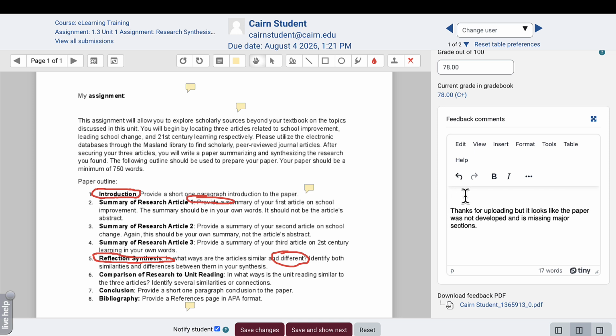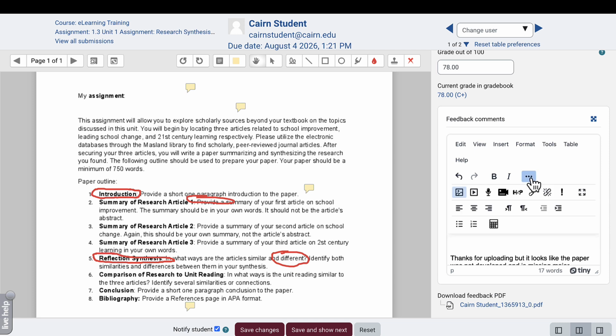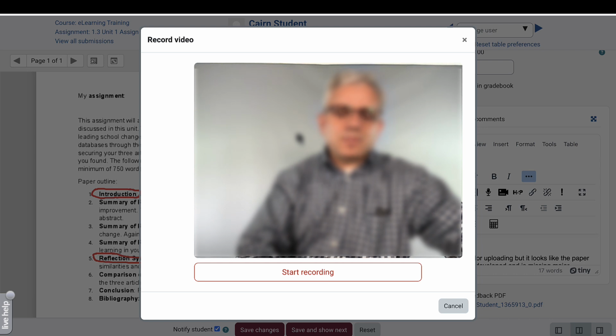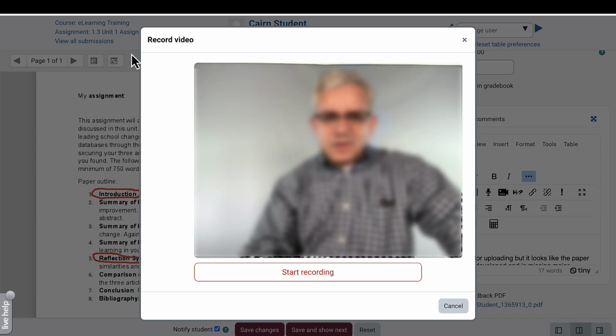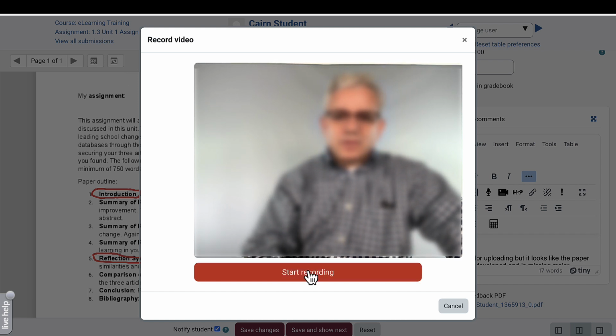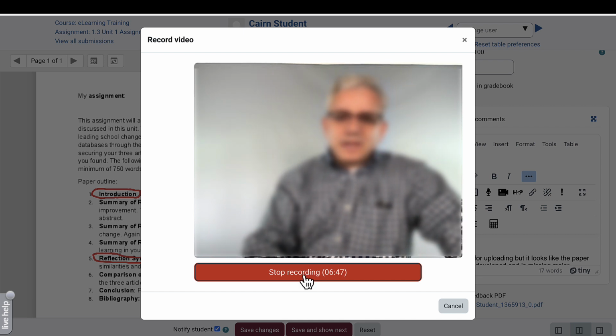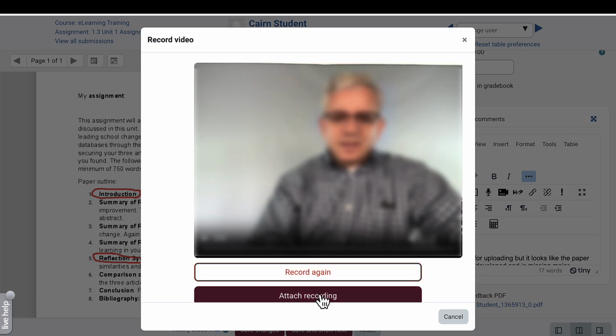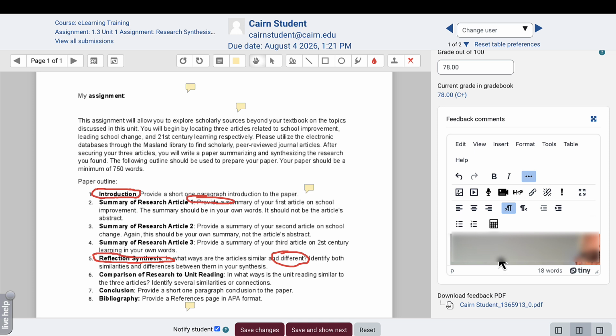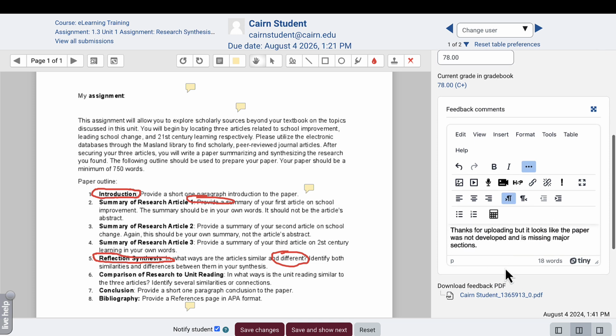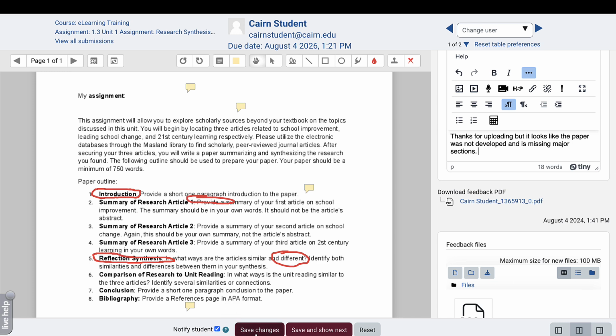feedback as well. To do that, we click on the additional tools here on the toolbar, and then select Record Video. At this point, the system is going to prompt you to allow the camera and the microphone. If it does on the left, you'll click to allow them, and then start recording, and then provide the student feedback via video. Then here we click on Stop Recording, then click on Attach Recording, and then your video feedback will be posted directly as part of this graded assignment. Then press Save Changes,